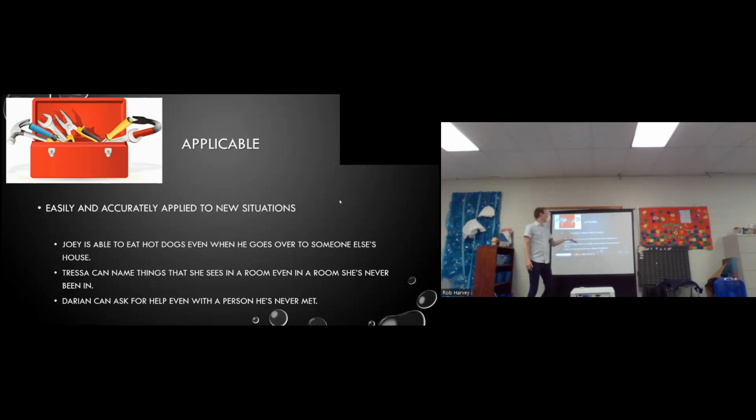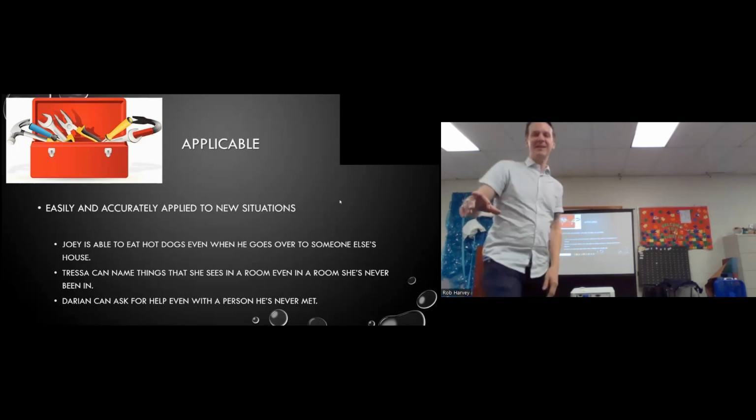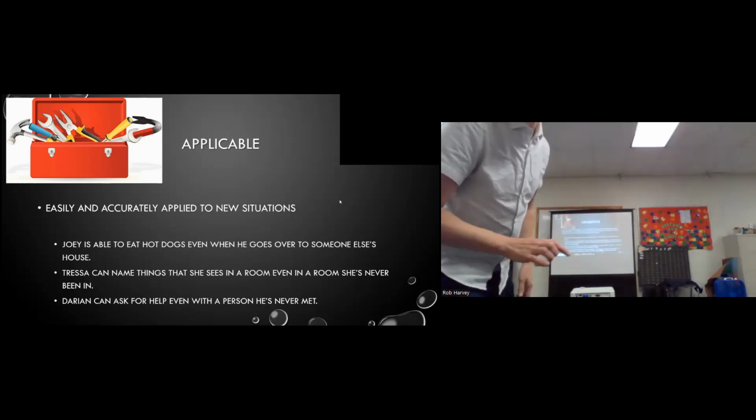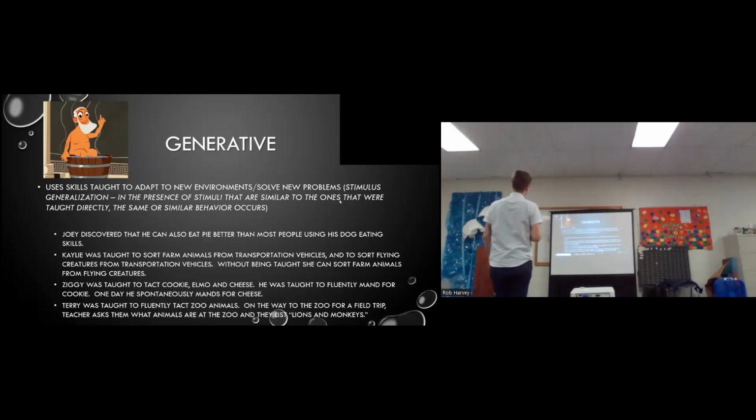Got it. So he's able to eat hot dogs even when he goes over to someone else's house. So if he practices eating hot dogs at his house, he needs to still be able to go to the competition to eat the hot dogs, right? And he probably has everybody saying, oh, eat hot dogs at my house, come over, I'll pay you $100 to eat hot dogs in front of my friends. And he probably hates that, but if it's fluent, he would be able to do that, not just at the competition.